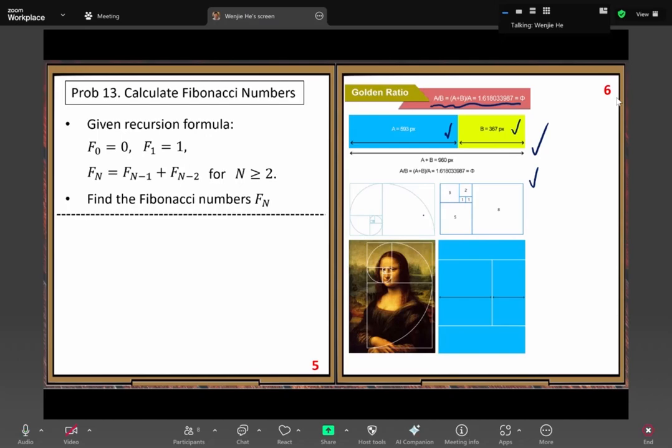So 1 you see twice because F1, F2 both have side 1. So that's why you put these two squares and align them in some nice form. Then the next one, F3, the size is 2. Then you can align with the first two squares, so you get a rectangle. Then the next one, F4, with the size 3, can also be aligned with the previous squares.